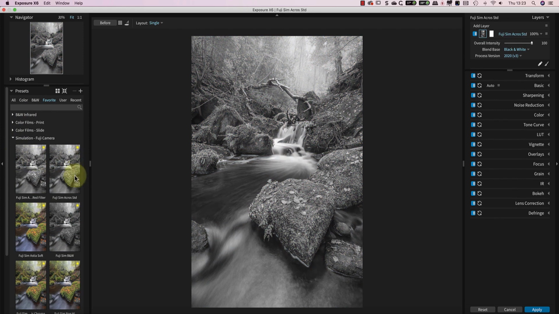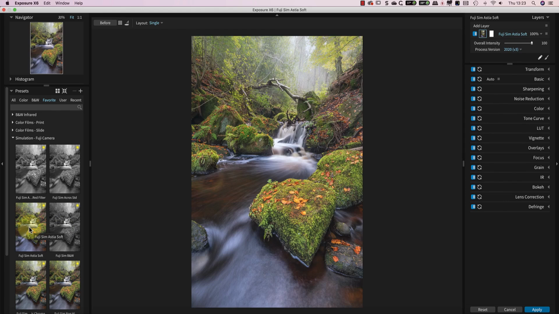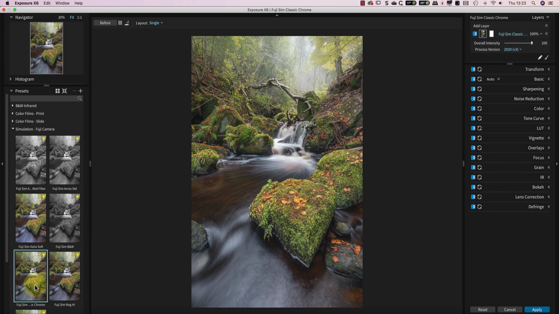When I move my mouse pointer over a preset, the main window updates to show its effect. This can be a great way to produce new editing ideas for images. Although I'm going to edit this image in colour, I'm really surprised by how good the black and white presets look. I'm going to start my editing by applying the Fuji Neg high contrast simulation. I like the way this removes some of the yellow saturation in the midtones to give a more natural look to the image.